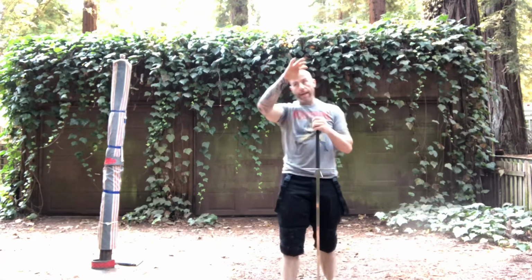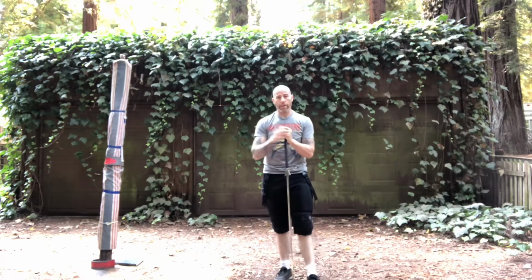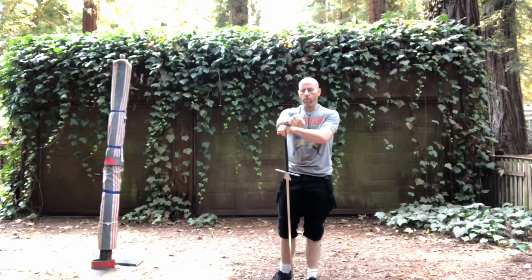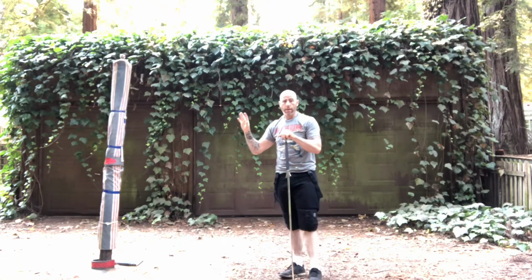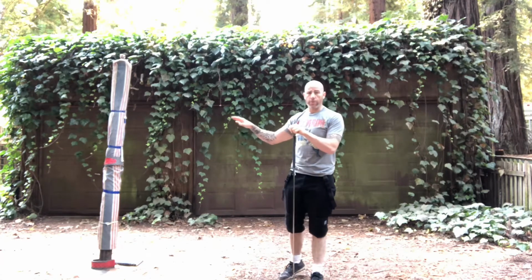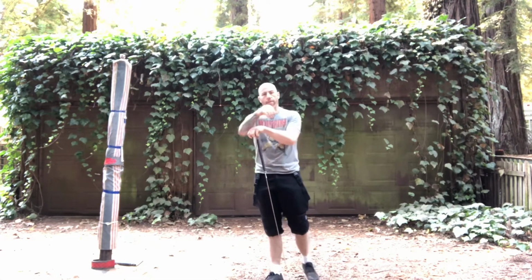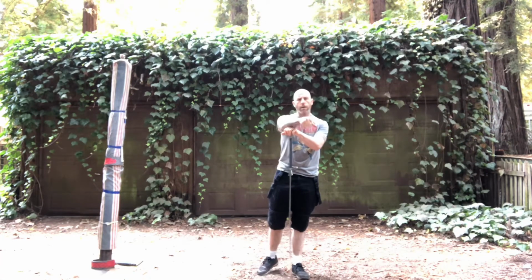The slide and winding cut behind the opponent's sword, I use this a lot in sparring. It's one of my favorite sequences. It can be a little hard to picture in this kind of isolation, so I'm showing you how I practice it as an individual Pell drill, because our focus in this series is using my plays as things to practice on the Pell. But I'm going to splice in a little clip of myself and Connor, one of my SEA students,